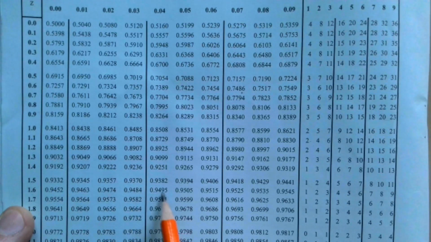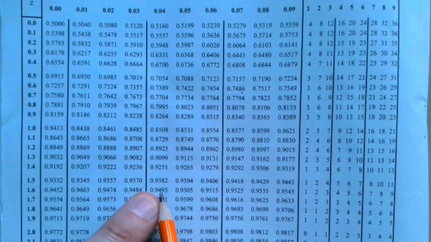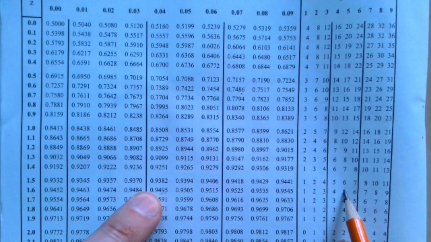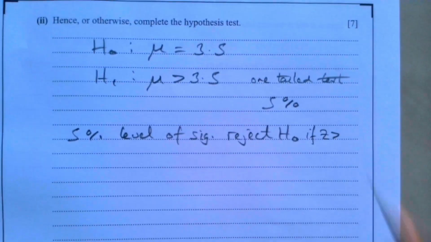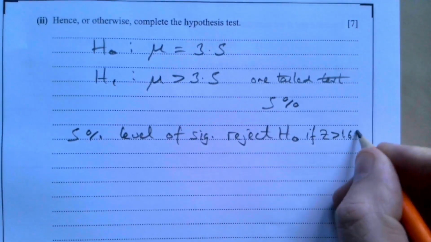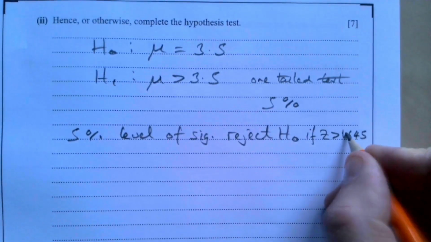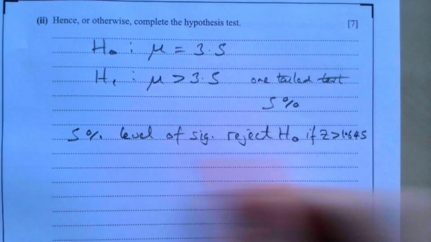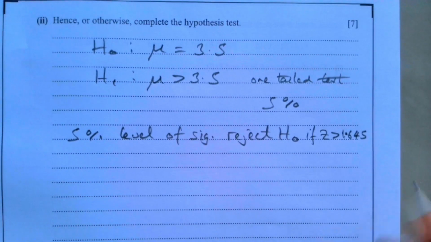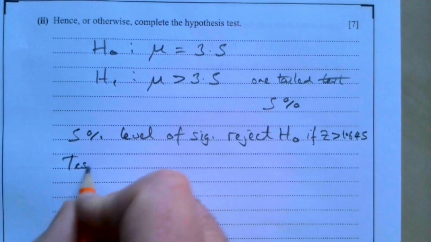It's right about here, so 1.64, and we want to add 5 onto this, so it's 1.645. It's quite a well-known number for these hypothesis tests, and I'm sure in your notes in school you have those set up for this at the 5% level. Our test statistic is, of course,